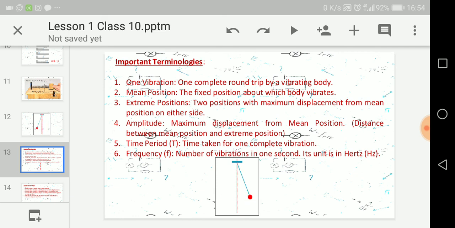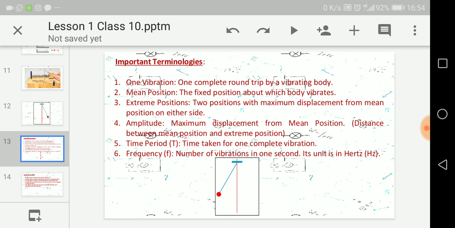You might have seen frequencies on your audio devices written as 100 hertz or 200 hertz, which means the frequency of the sound being emitted by the audio device is 200 hertz. Or you can say that the sound wave is vibrating 200 times in 1 second.